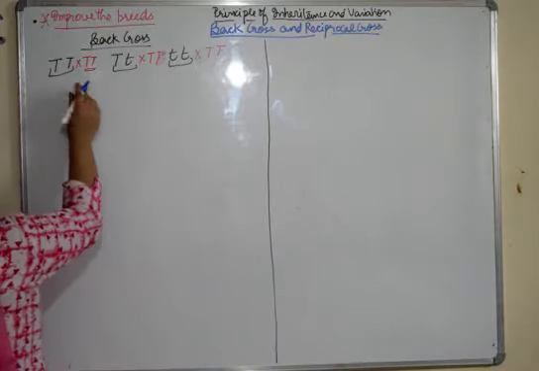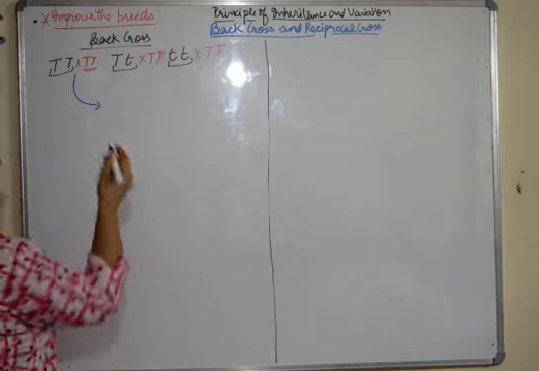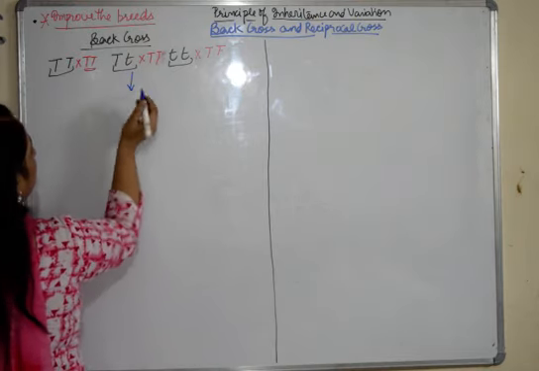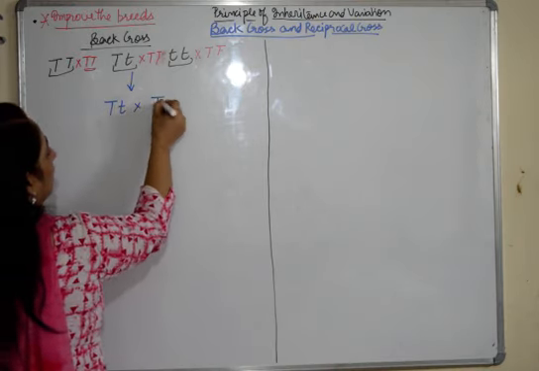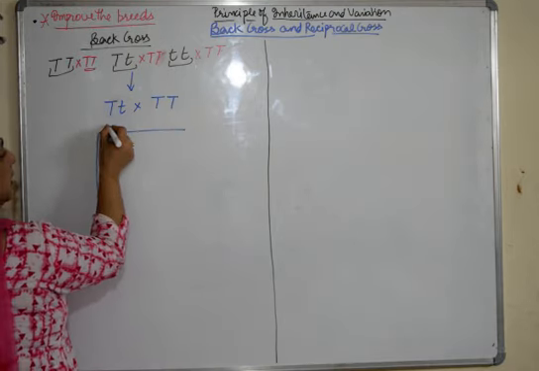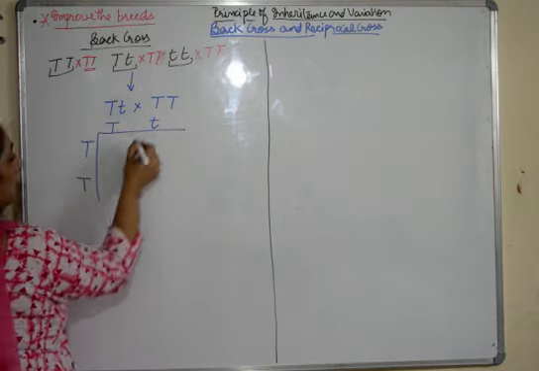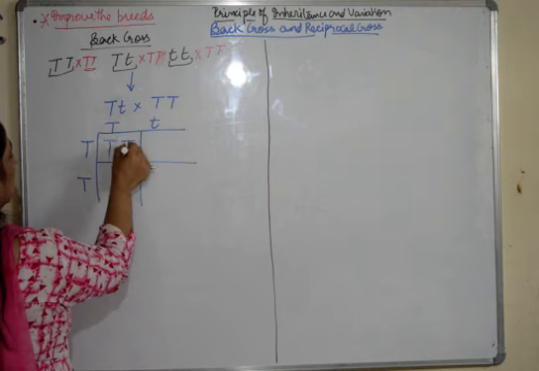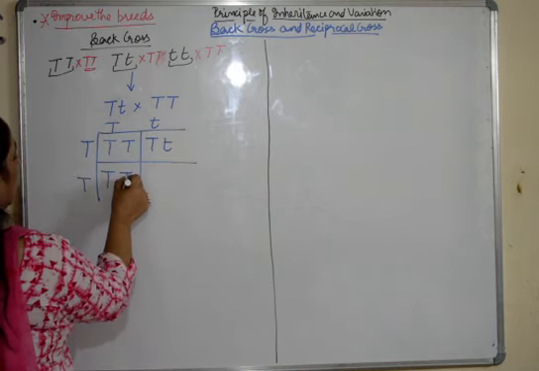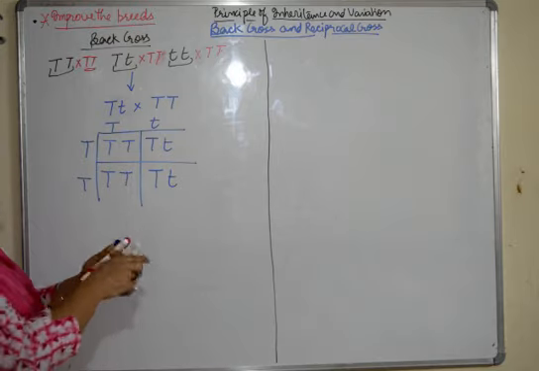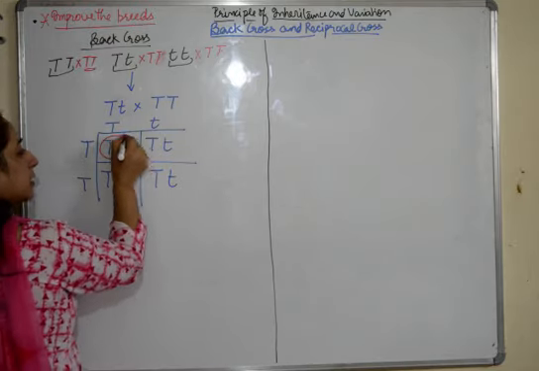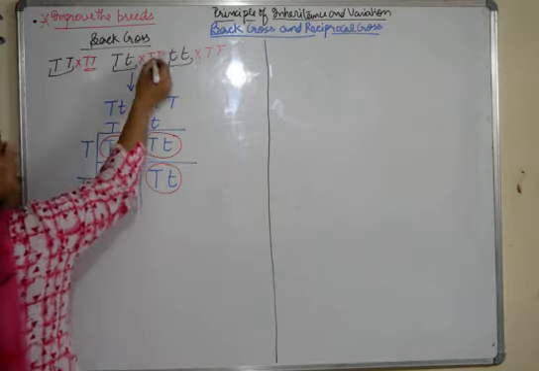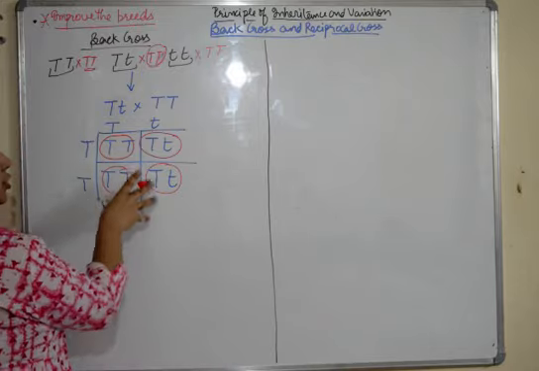So if we take one example, I'll just take one here because all are the same. Suppose we take a heterozygous one. We cross this with a homozygous dominant parent. So what do we get? In all the boxes, if you see carefully, a dominant trait is present. That means all of them have been incorporated with the trait which we want. So this is used for breeding.